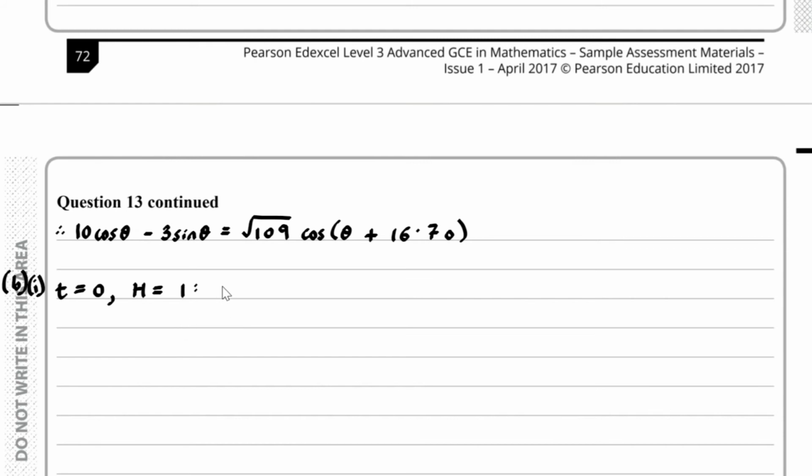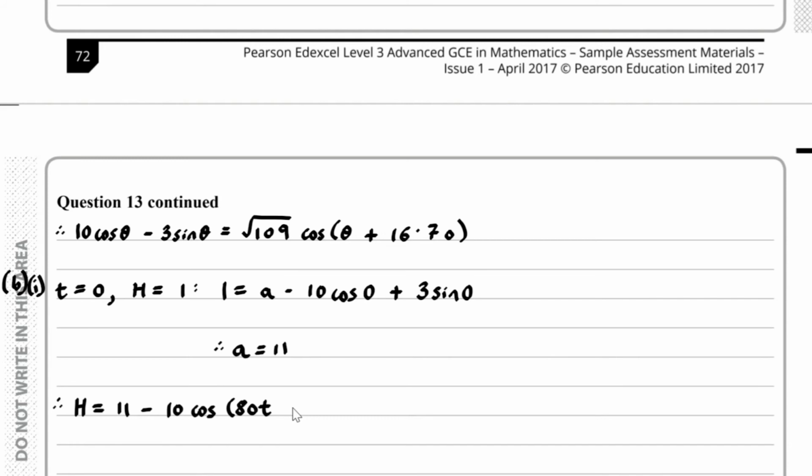So I've got 1 equals a minus 10 times the cosine of 0 plus 3 times the sine of 0. Now the sine of 0 is 0, so I've got 1 equals a minus 10 because cos of 0 is 1, in which case you can see a is equal to 11. And knowing that a is equal to 11, we can conclude h equals 11 minus 10 cos of 80t plus 3